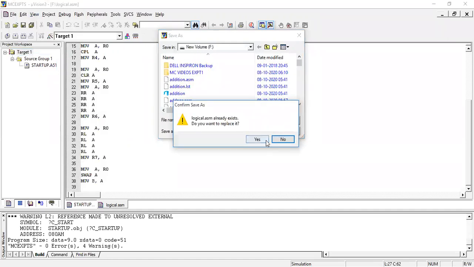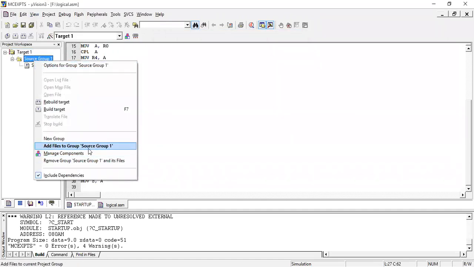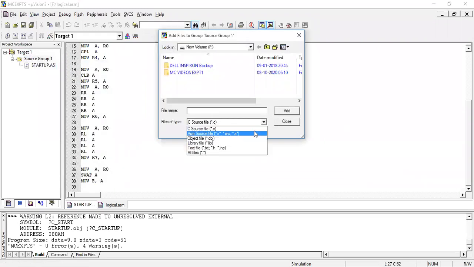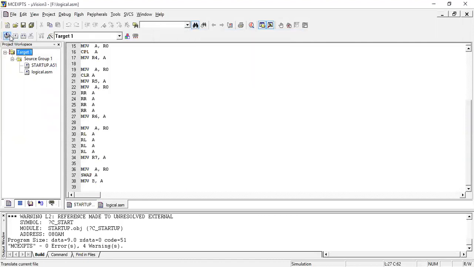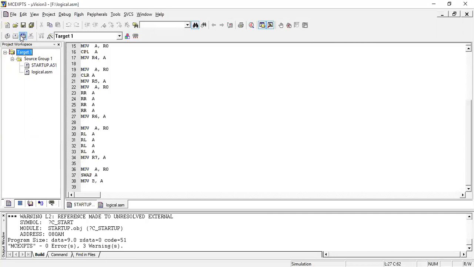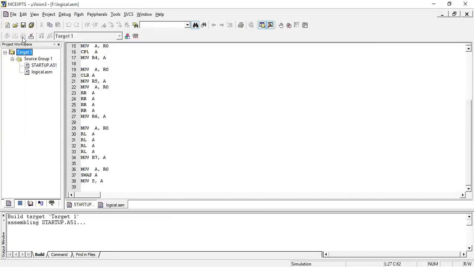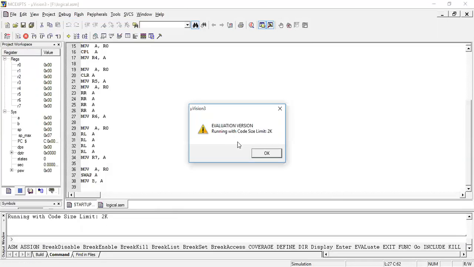Again after saving it, I give right click, add files to source group, and pick the .asm file. We have set logical.asm, add, close, and we are going to translate. There are no errors, and build and rebuild. Let us debug the program. Start debug.